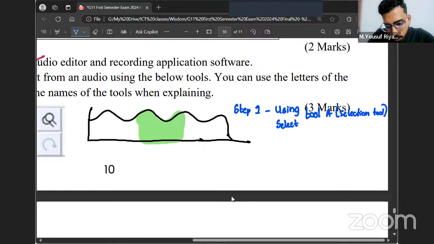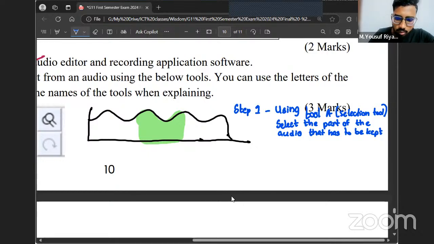Select the part of the audio that has to be kept, or that is needed. And step 2,